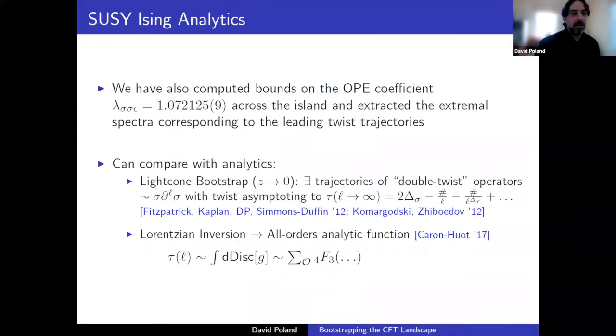But here Susie still helps. Organizing things into supersymmetry multiplets still helps, and something else that we were trying to understand is what the whole spectrum of leading operators as a function of their spin looks like. In general, you can think about what are sometimes called double twist operators. These are operators like sigma, L derivatives, sigma, composite operators with spin L. There have also been recent analytical techniques which let you calculate the scaling dimensions of these double twist operators